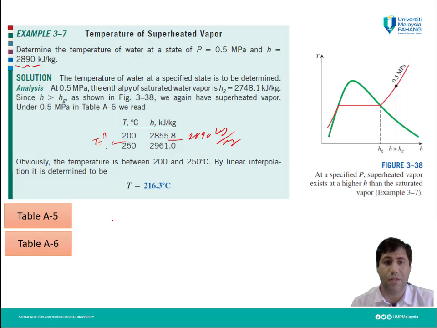First, you need to draw a table like this. You need to find all of them, then write the table according to the known and unknown values. For example, here T is unknown, so I write the temperature for this enthalpy